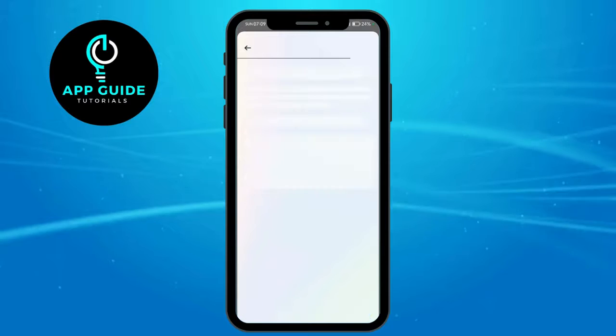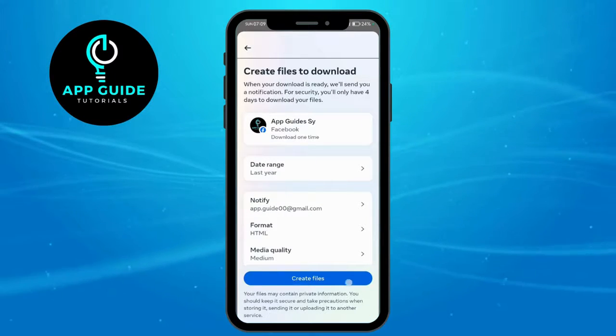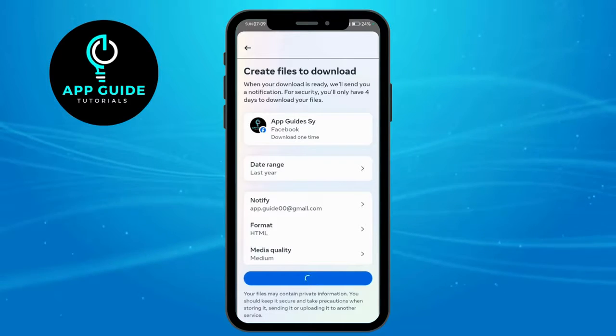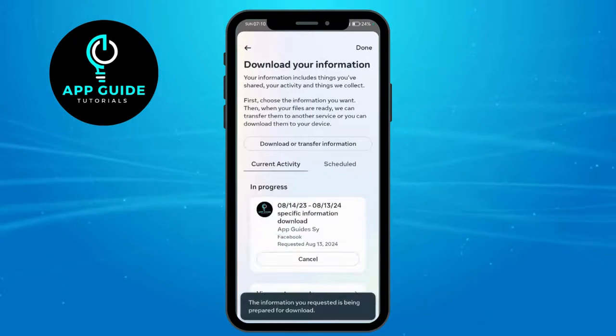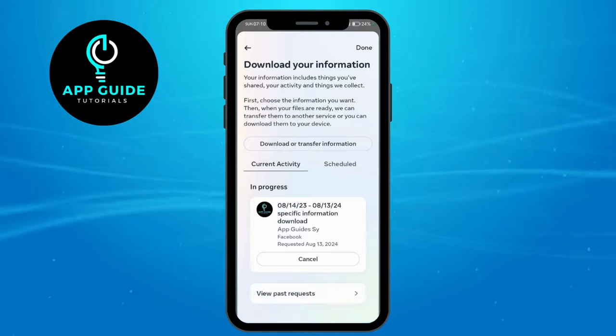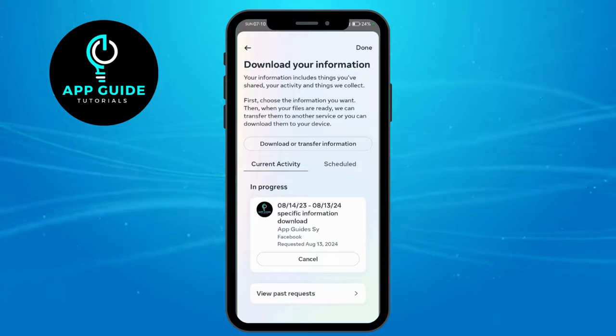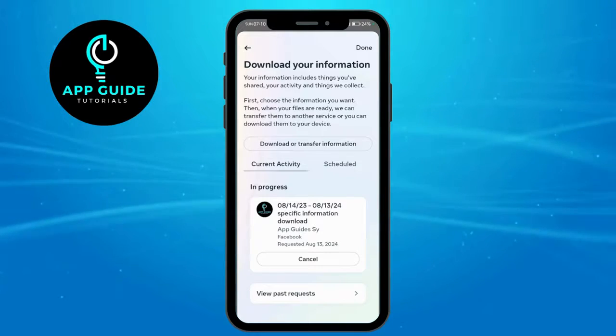Now hit on next again if it is on download to device and click on create files. Now you have requested to download the information regarding your send friend request on Facebook. You just have to wait for a little bit and then all you have to do is to download this